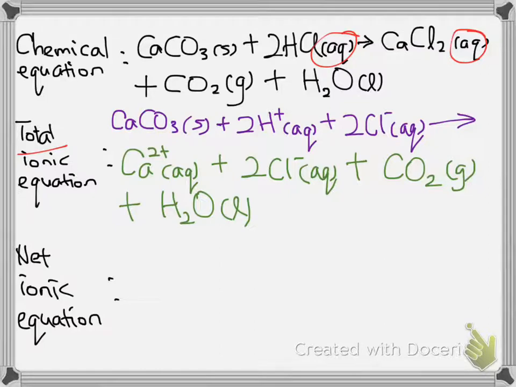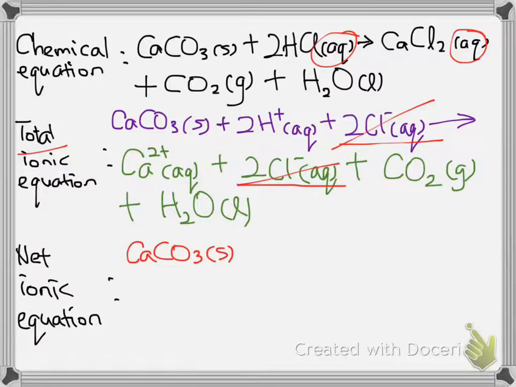Once again, the only spectator ion that we can identify in this case is the chloride in the reactants and the chloride in the products. So therefore only this can be cancelled out, and therefore the net ionic equation will simply be